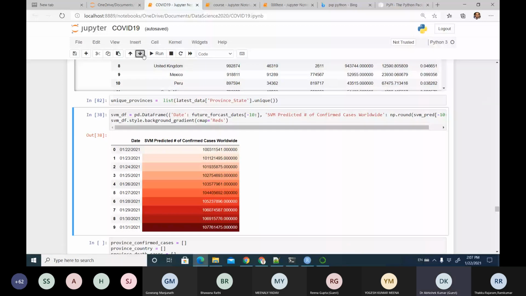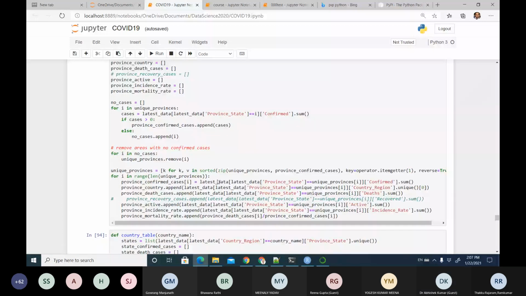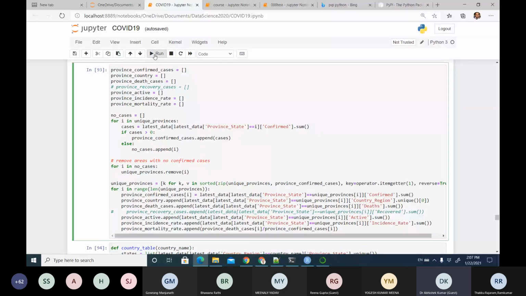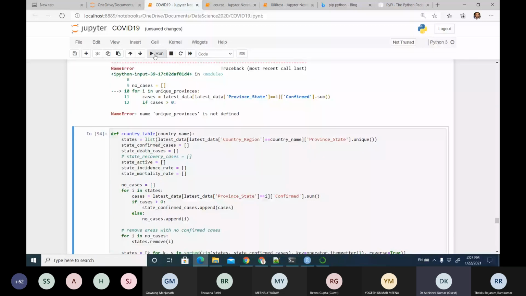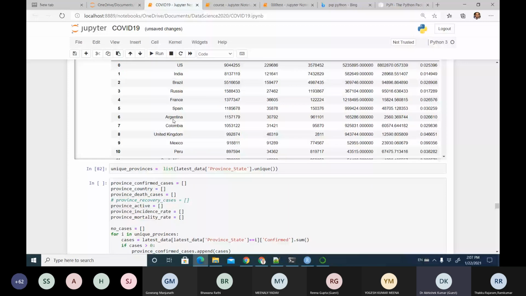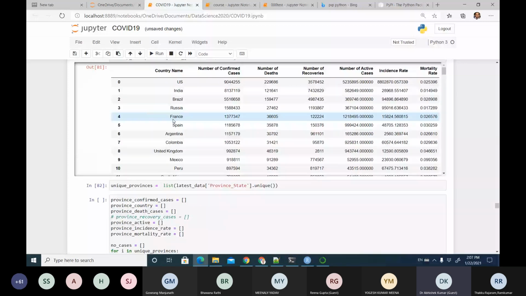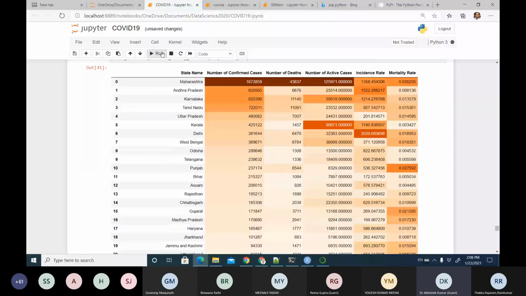Then we go to the next one. If the last one is not finished, the next one will have a problem. And then we see what we have seen here, that we have divided this into country-wise confirmed cases versus death, recovery, India, USA, Brazil, all the countries. Maybe we can run it once again, and now you see this graph